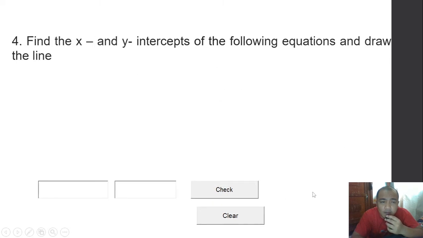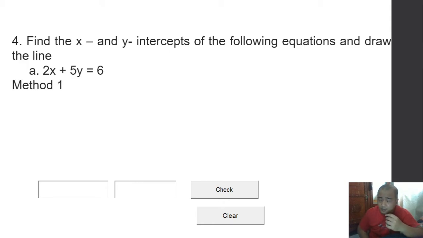Number 4. Find the x and y-intercepts of the following equations and draw the line. We have already learned how to find the equation of a line given its x and y intercepts. This time, let us do the opposite. Given the equation, let us find the x and y-intercepts of the following lines, and afterwards draw the graph of the line. So for method 1,